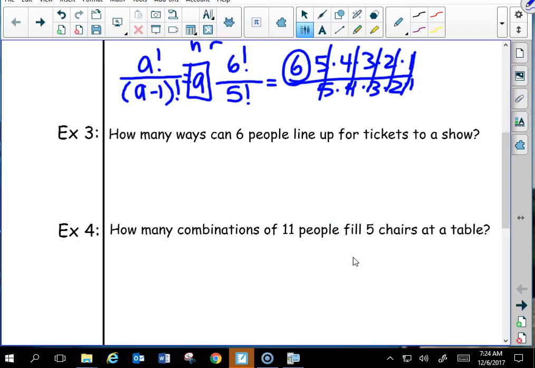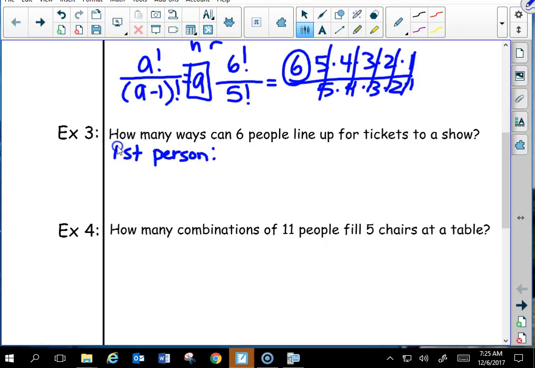Okay, example 3, a really straightforward example. The previous examples were a little bit tougher. How many ways can 6 people line up for tickets to a show? Well, here, because they're lining up, order matters, and we could do a permutation because we're picking one person out of 6. But the best way to think about this is the first person